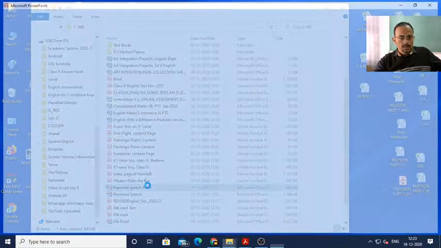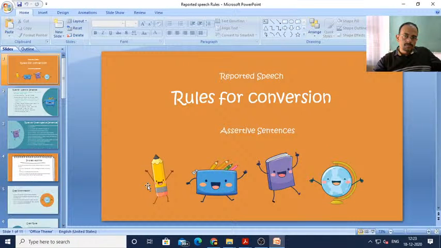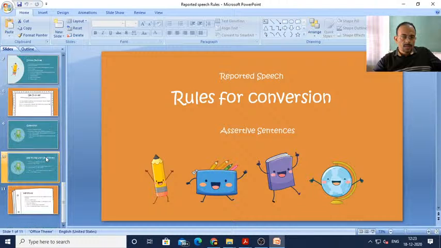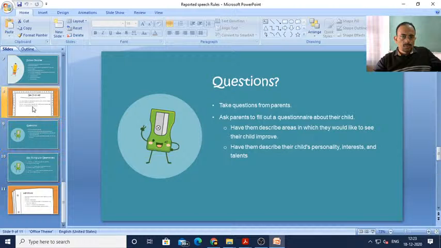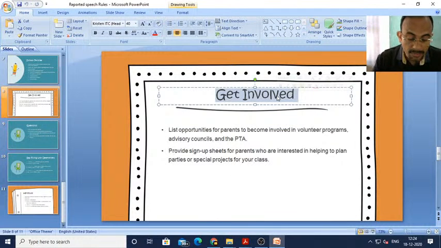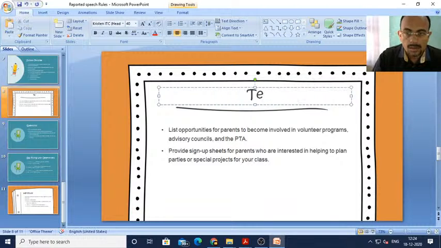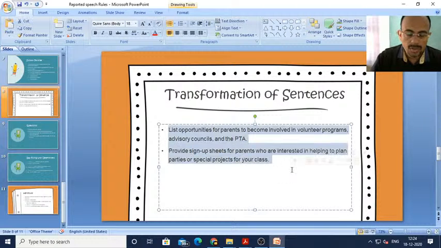Now there I'll show you. Transformation of sentences. There are several more also, like for example,